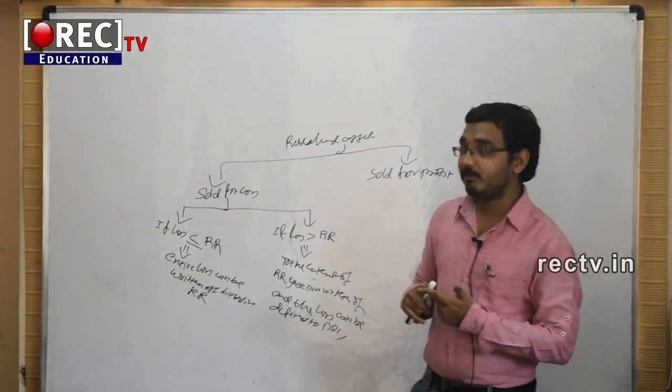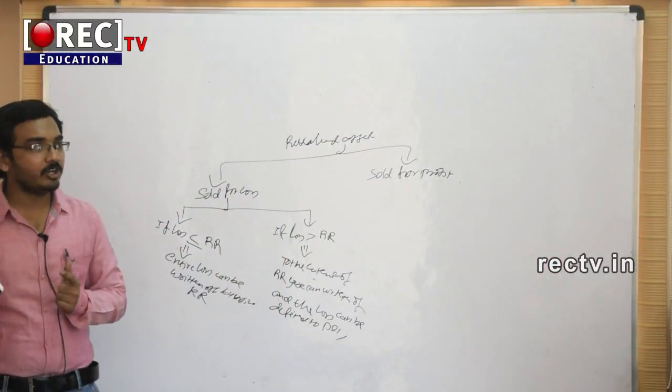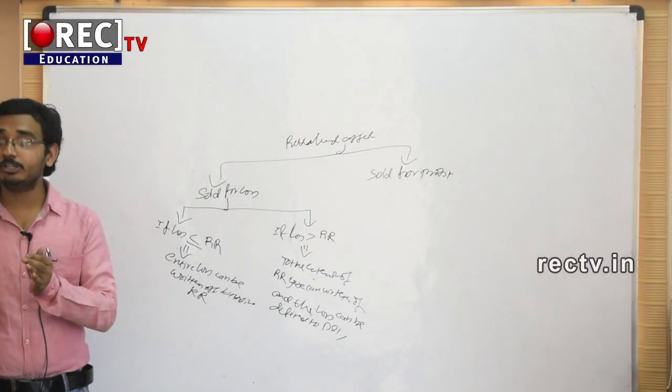The fixed assets may be acquired by combination of two or more persons, jointly owned property